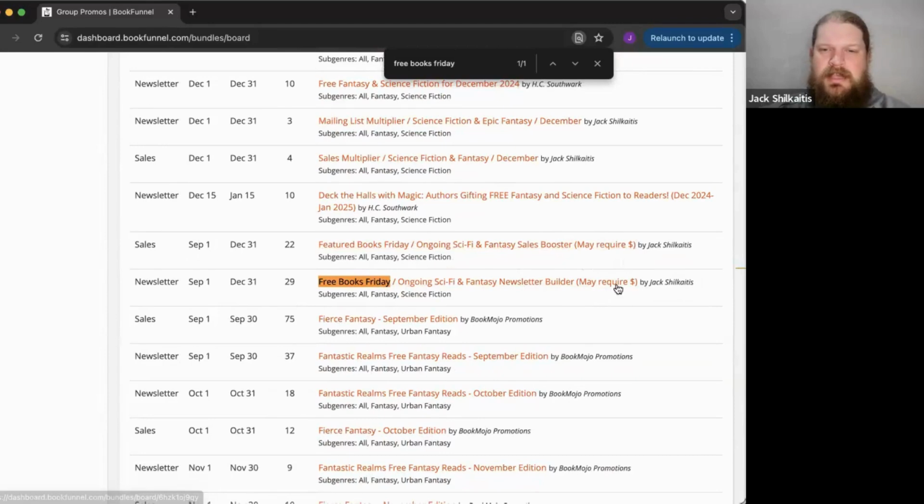So that is how you can also see that. BookFunnel does add that to the end of your title, but it's probably a good idea to have it at the front if you really want to indicate that as the organizer. But this would be how you would find these on the dashboard. Again, there are some things that we can do on our end to make them a little bit more visible too. Implementing stuff, guys, BookFunnel is